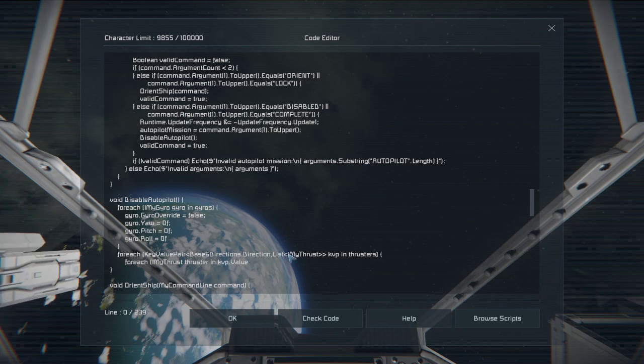So we want the value, which is a list of thrusters. So for each thruster in the list,